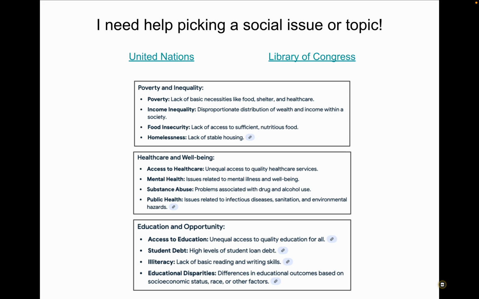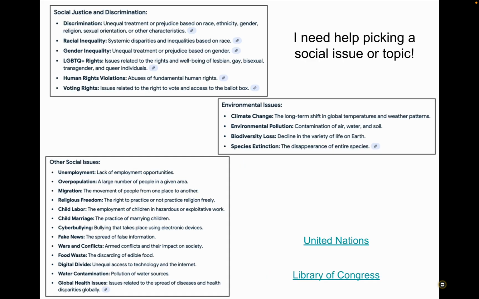And then here I have short lists divided up into different categories of social issues or topics: poverty and inequality, healthcare and well-being, education and opportunity, social justice and discrimination, environmental issues, or just any other social issues. Really, anything could fall under a message that you want to showcase, to send off to the world.